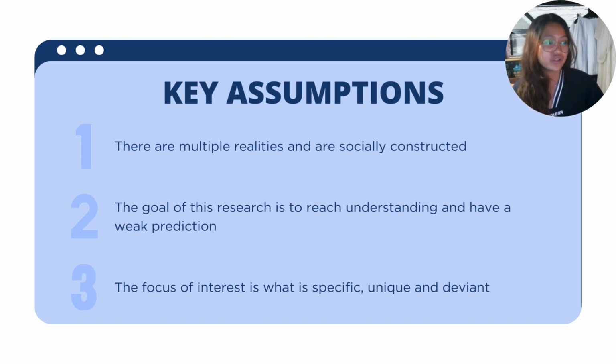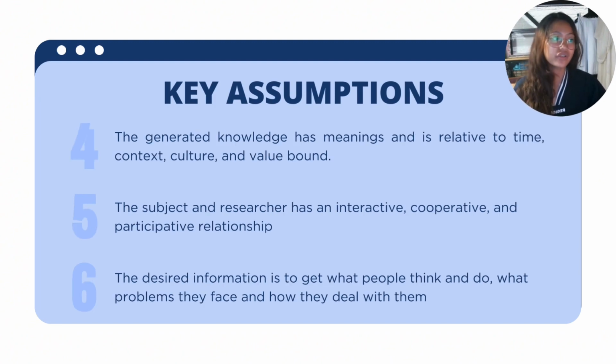Number three, the focus of interest is what is specific, unique, and deviant. Number four, the generated knowledge has meanings and is relative to time, context, culture, and value bound. Number five, the subject and the researcher have an interactive, cooperative, and participative relationship. And lastly, the desired information is to get what people think and do, what problems they face, and how they